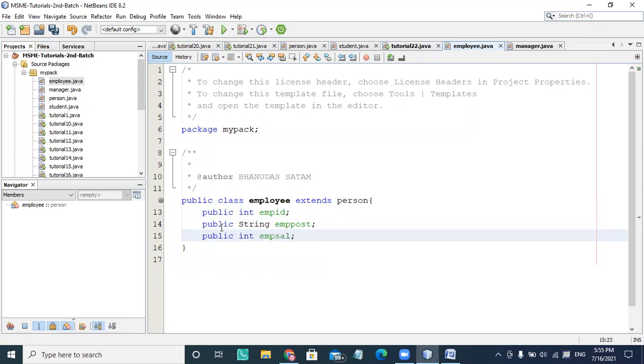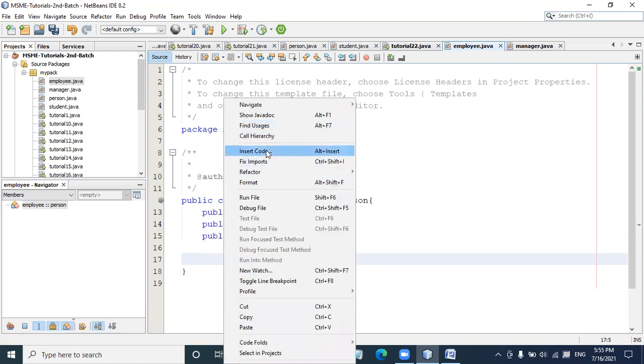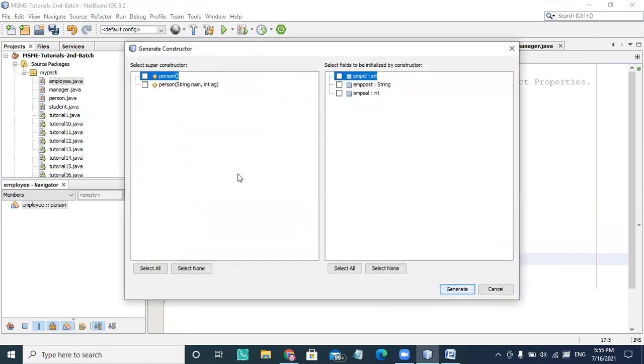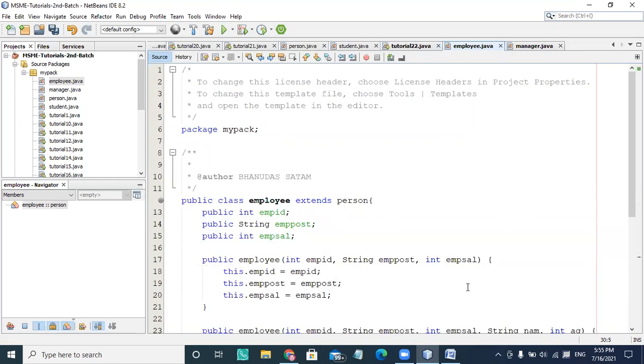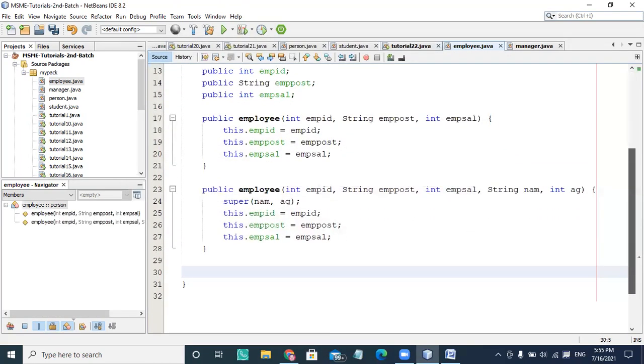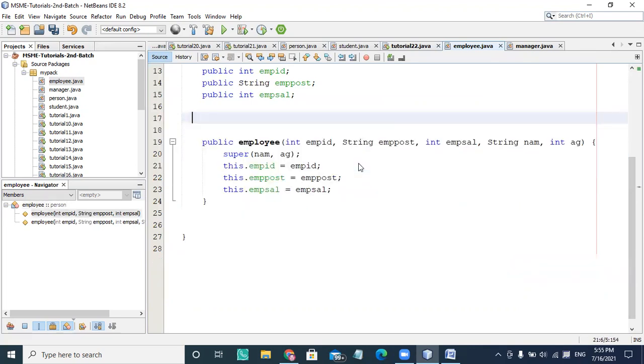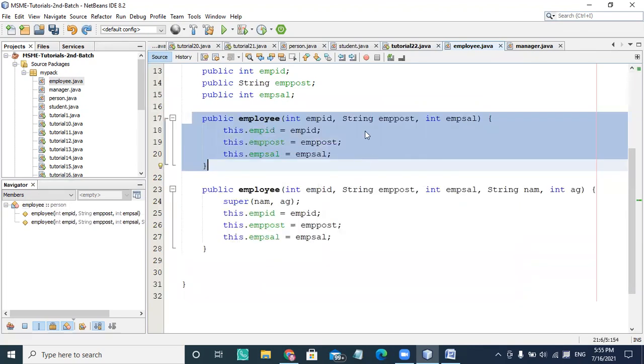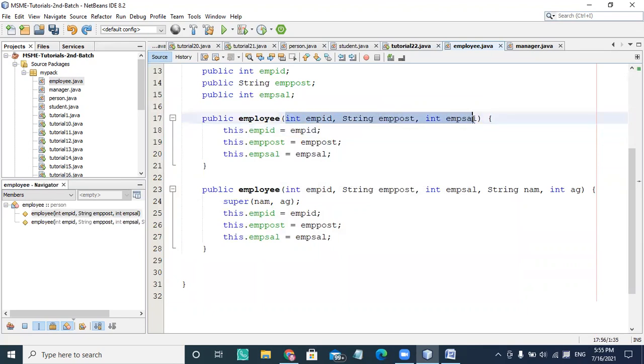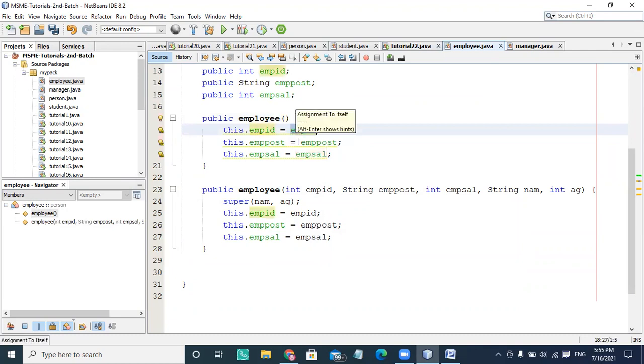So these are the members, and I can create a constructor accordingly. In insert code, I'm choosing a constructor, initializing both data members here and clicking on generate. So they are creating a constructor. I don't want to use this. Even if I'm using this, in that case I have to remove this and assign some value, 1001.